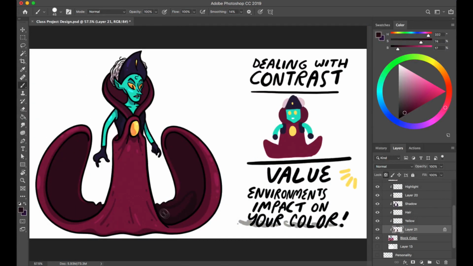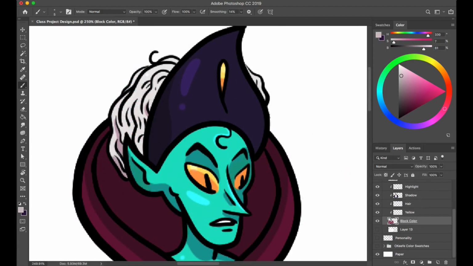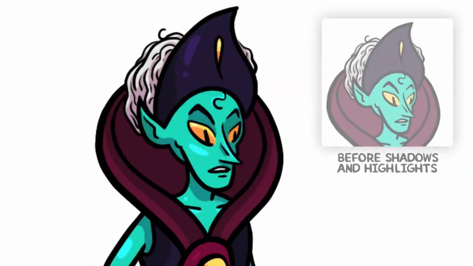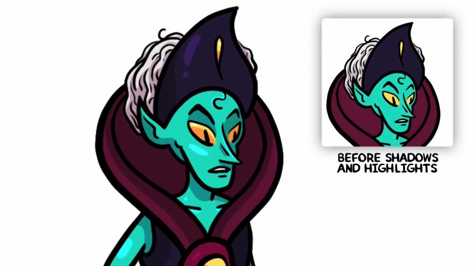My approach to value has two sides. I use value practically. I want to show the depth of objects, and I want to conceal and highlight important aspects of a character design. But I also use value narratively. In this case, the shadows change the way we respond to this character's face. Look, I've added a dark shadow under the eyebrow to give this guardian a bit more intensity and almost a